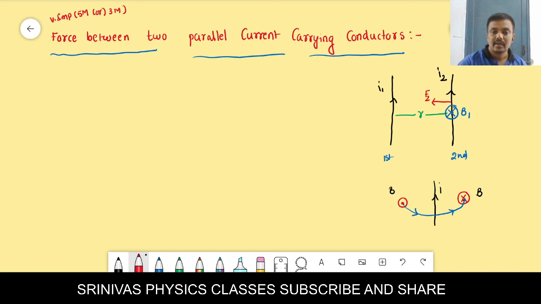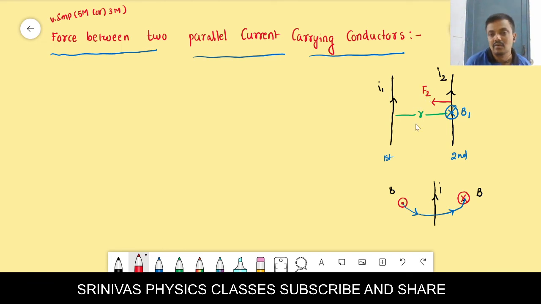Let us see here. Can you tell what is the direction of the force? Towards the first wire. Very good, excellent answer. That means the direction I gave is exactly correct, right? You try to stretch on your paper, right? Draw the diagram and stretch it. Then the left side will be there, right? That is the force. Similarly, force on the second wire will be left side.